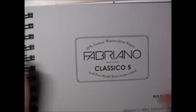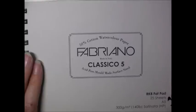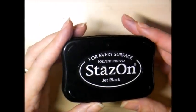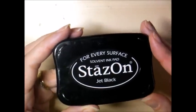It took me a lot of finding, but I like this paper, the Fabriano Classico hot press pad. You can get different size sheets, I just like this because it fits in my drawer. And because we're colouring with watercolours, we need to have the solvent ink pad. I like the Stays On Jet Black one, but there are other ones and I will show you how to colour no lines, the different one later. But for now,